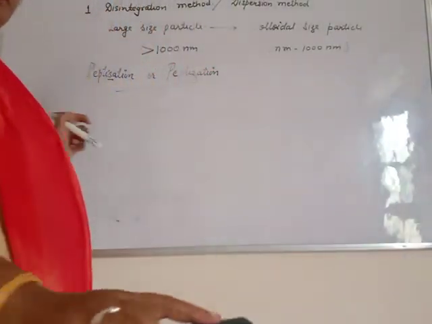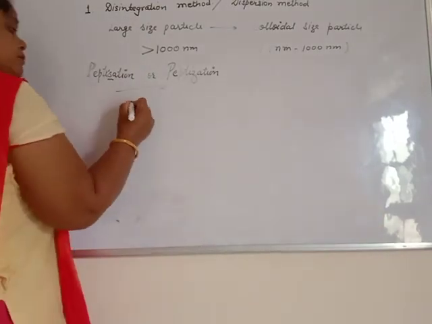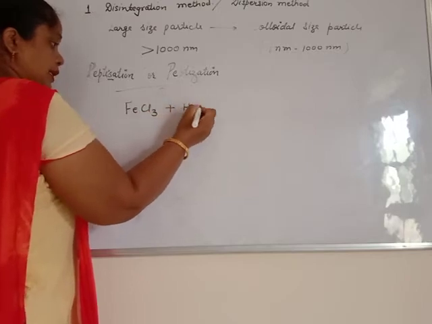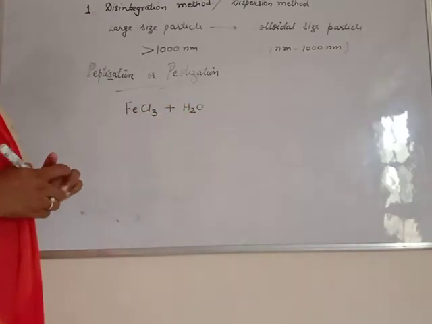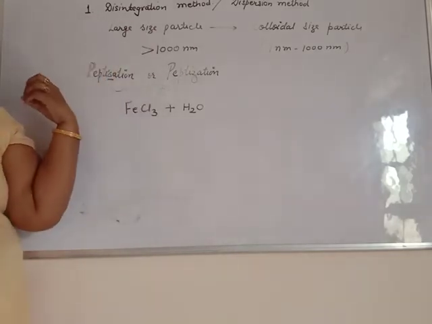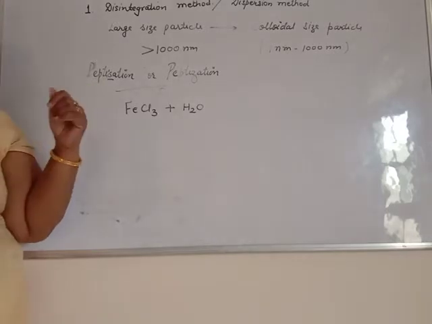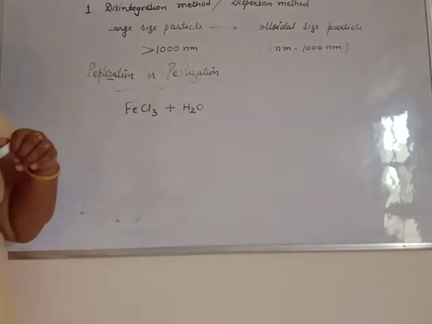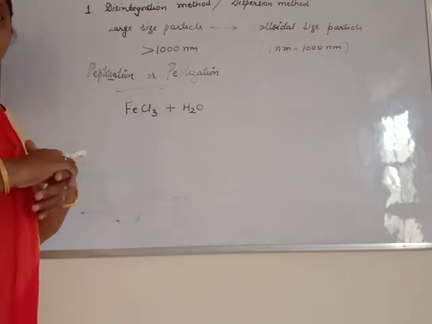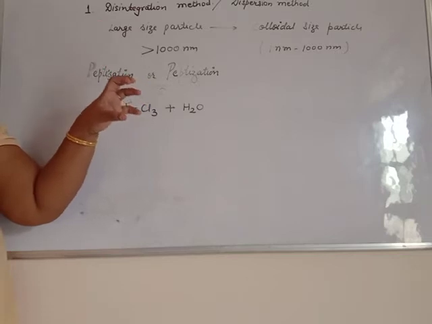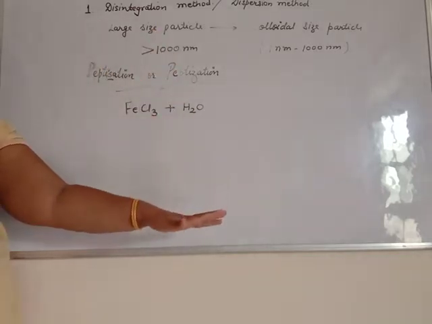Beta, one of the best examples in your labs is the brown colored compound ferric chloride. When we dissolve ferric chloride in water, we want to prepare a solution of ferric chloride. We take the calculated amount of ferric chloride from the bottle, add it to the calculated amount of water and try to shake. When we shake, it appears to be dissolved, but when we place it undisturbed, all the ferric chloride will settle down.